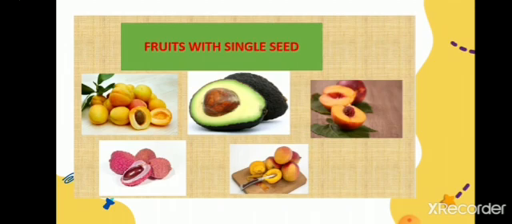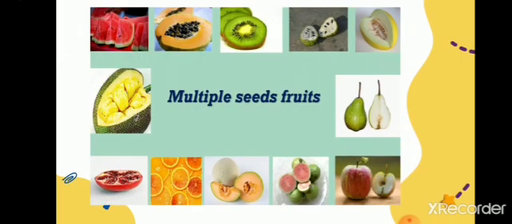Yes, so there are different kinds of fruits. So we are going to see some fruits and how they are differing. So I can see some avocado, lychee, okay, some mangoes. Here I am seeing watermelon, jackfruit, orange, pomegranate, apple, guava, lemon, muskmelon, kiwi, papaya. So there are many kinds of fruits. How are they differing?